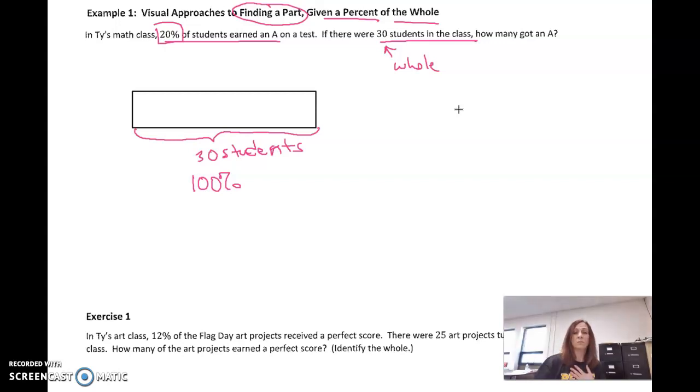So if we have 20%, let's take this 100 and let's break it up into 5. Why? Because 100 divided by 20, if you remember back to tape diagrams, and this is just a visual example, we're not going to do the problems necessarily like this, although you could, equals 5 groups, right? So if we're breaking 100% into 5 groups, because each one of these is going to represent 20%,